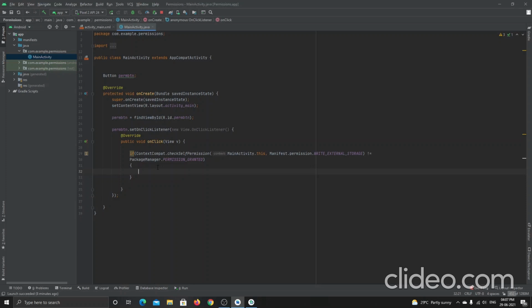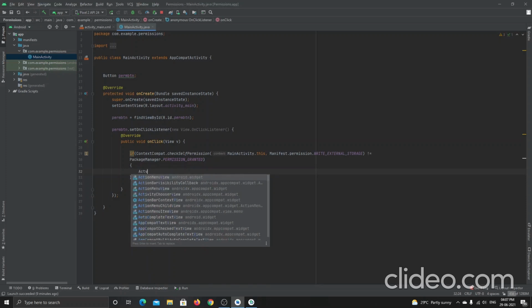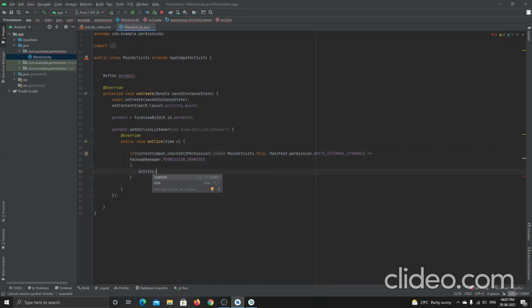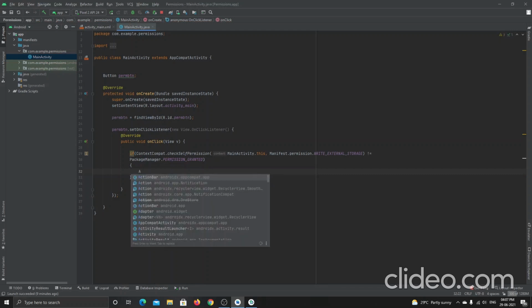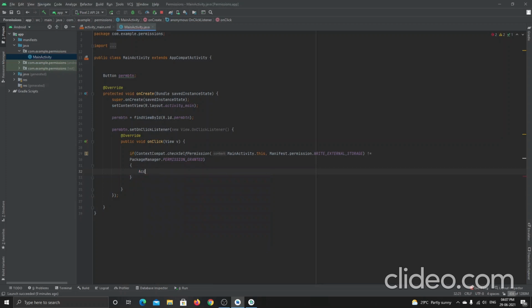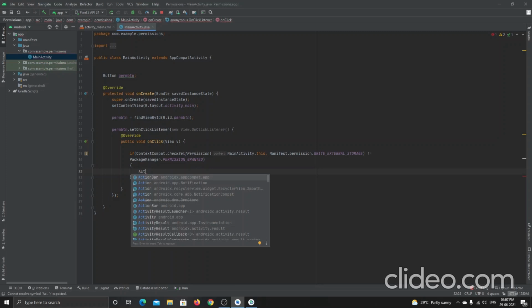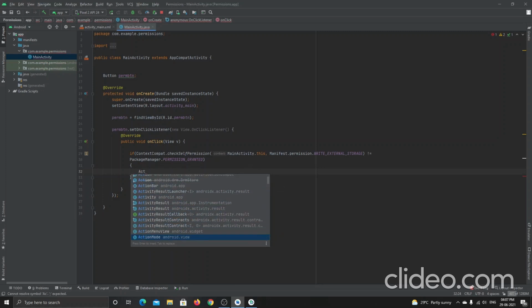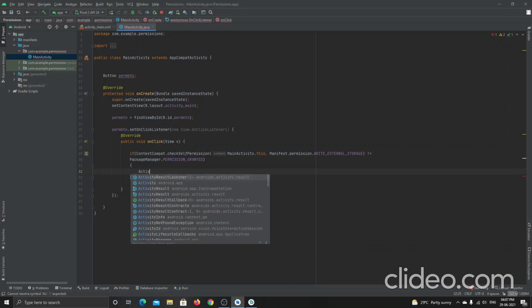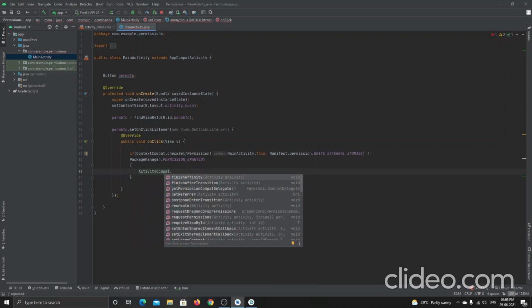We just type ActivityCompat, and then I will use dot request.